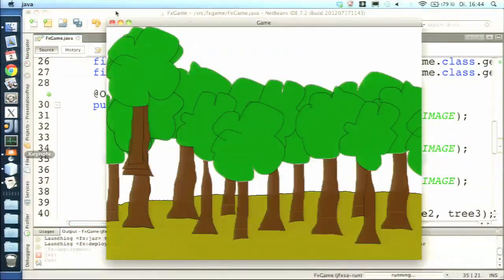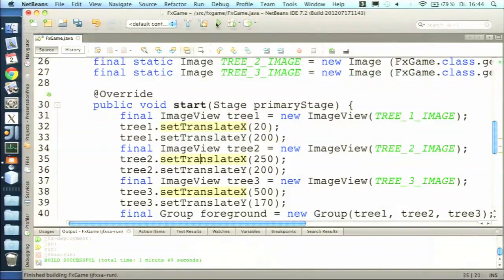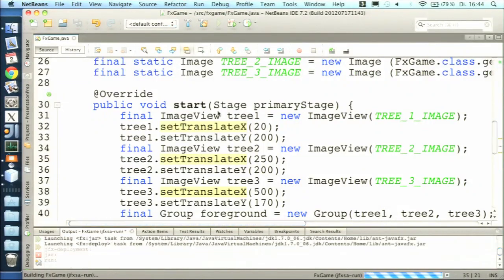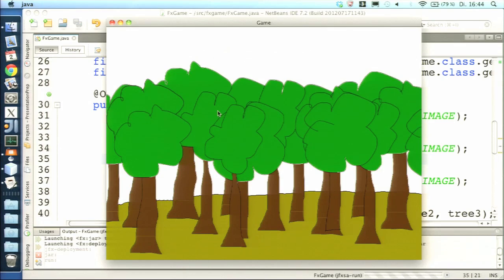Okay, now it's still running. So when I run now, you can see it's at the right position, but actually it's impossible to figure out